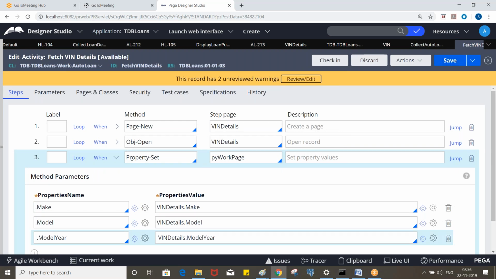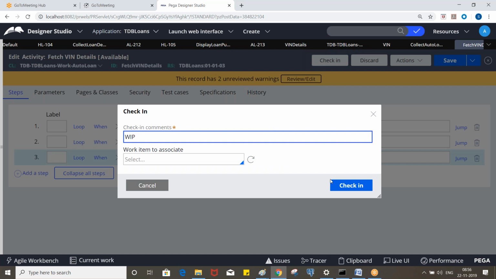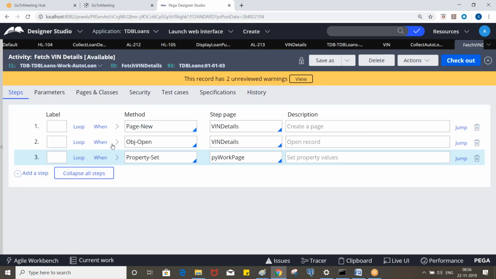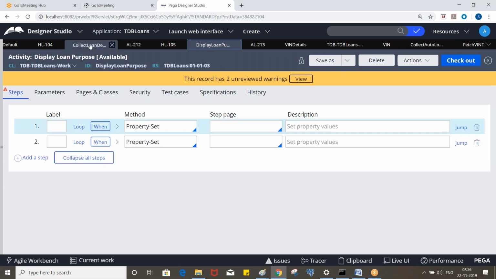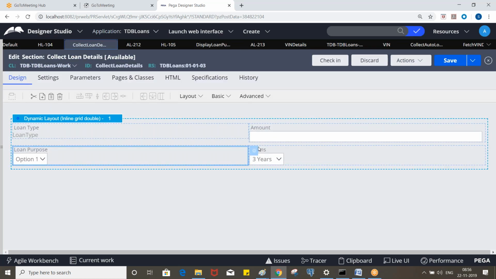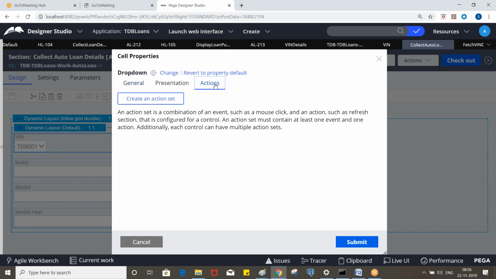Like this. Now where do we need to call this? On change of. So the next step: this is clear, right? We are fetching the details and mapping them back to the py work page properties. Now take this activity and go to collect auto loan details section and call it on change of this property.